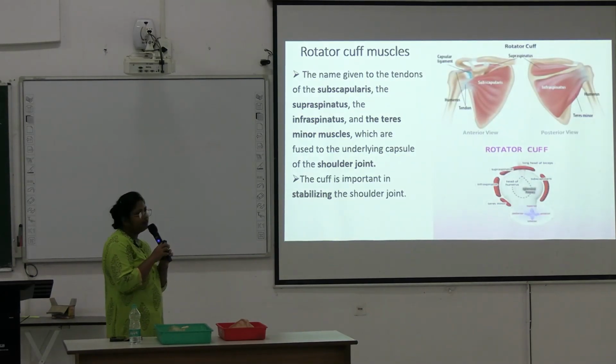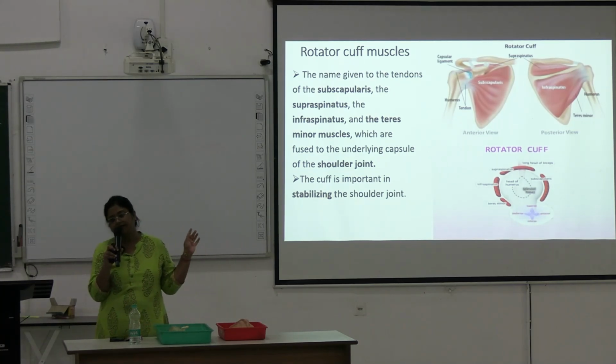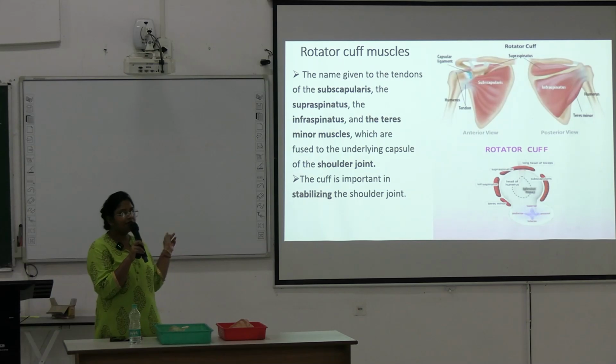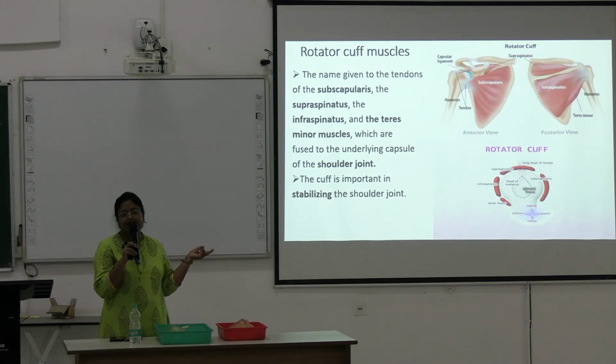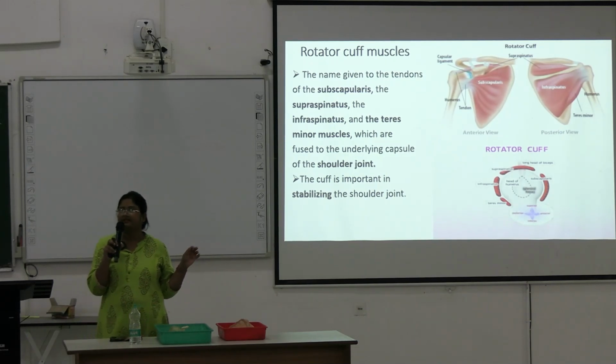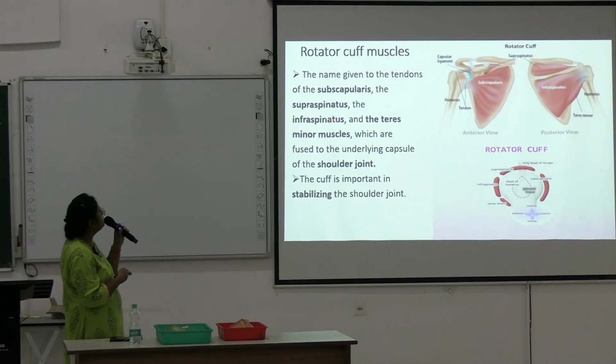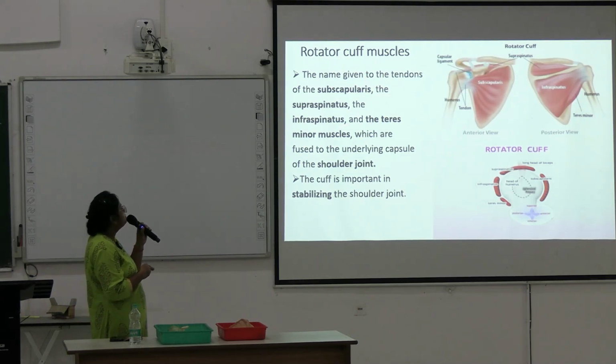Next, what is rotator cuff? Rotator cuff, very important question for theory. Okay, rotator cuff muscles. Those 4 muscles attached over the greater tubercle and lesser tubercle. 4 muscles are there. They are fusing with the capsule of the shoulder joint and together forming the rotator cuff muscles. Okay, 4 muscles are there. The name given to the tendons of subscapularis, supraspinatus, infraspinatus and teres minor, which are fused to the underlying capsule